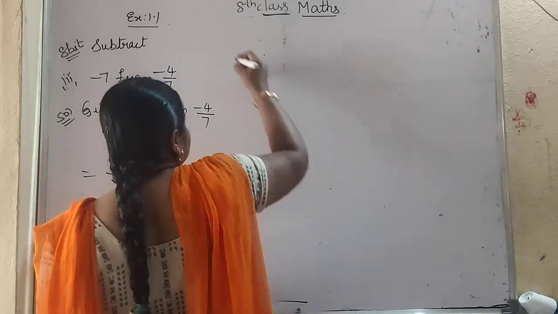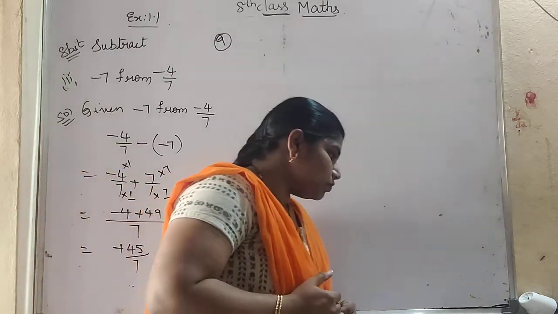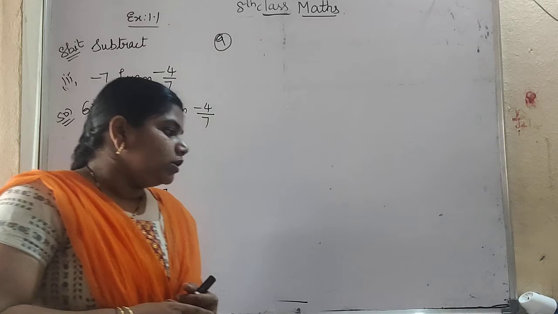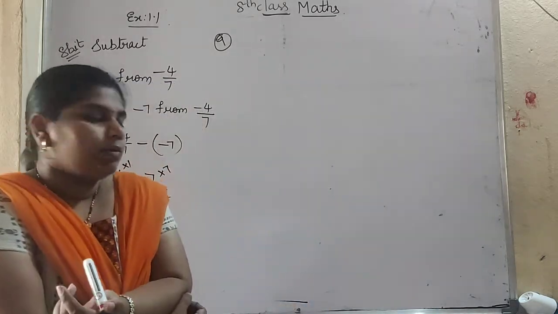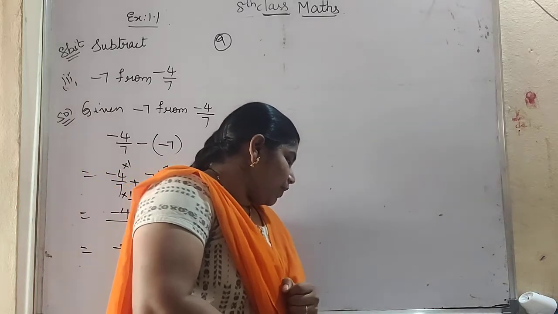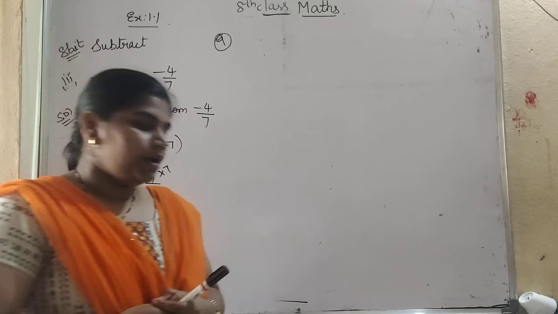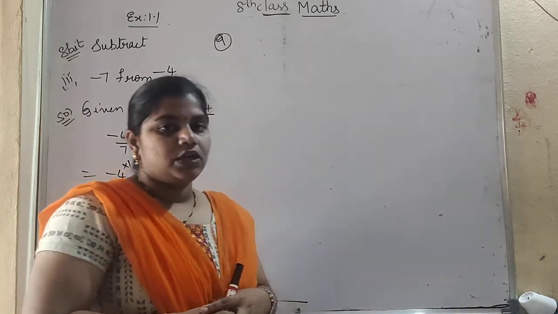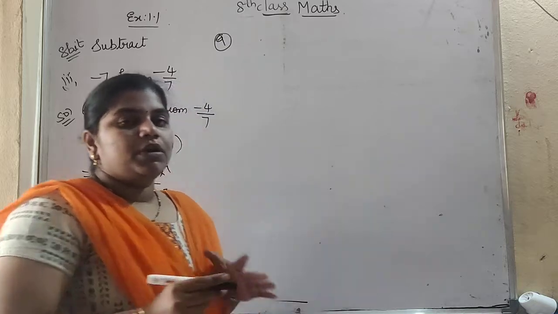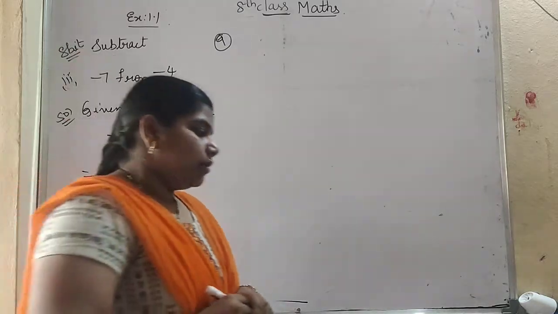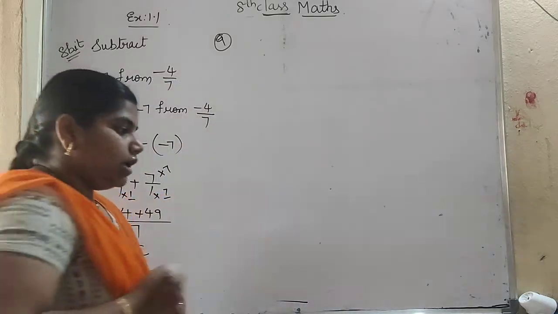So next is 9th bit. What is the 9th bit here? By what number should be added to minus 5 by 8 to get the result as minus 3 by 2? So for this minus 5 by 8, which rational number we will add to get the result as minus 3 by 2 they are asking. So we have to find the number here. Which number we have to add, we have to find that. So let the number be x. I am taking that unknown number as x here.